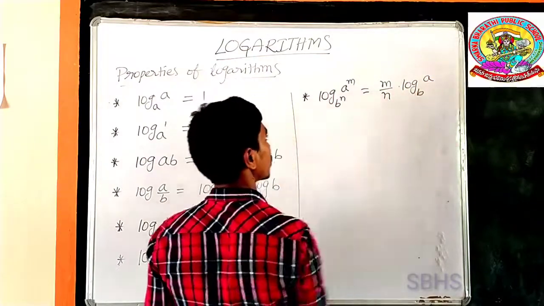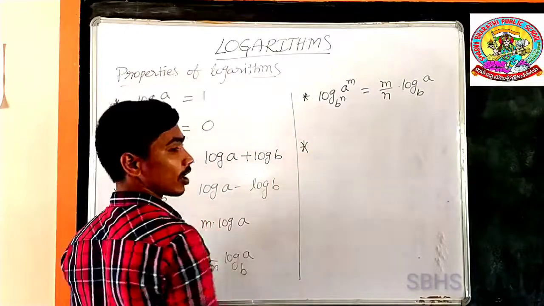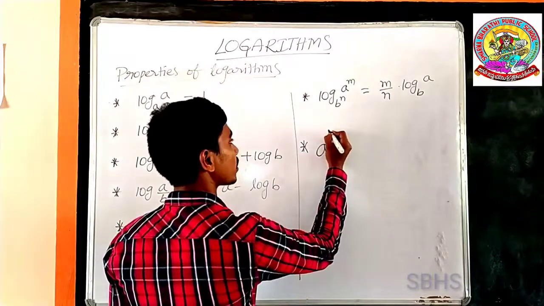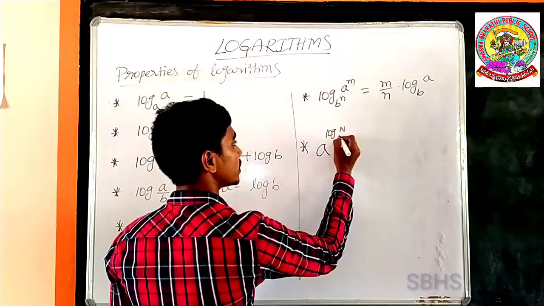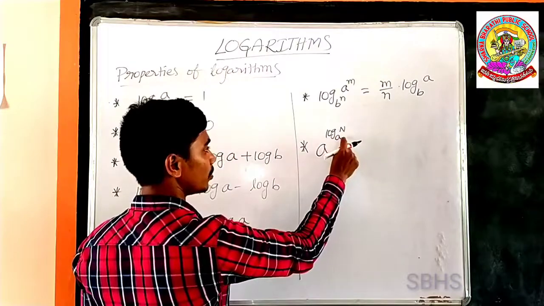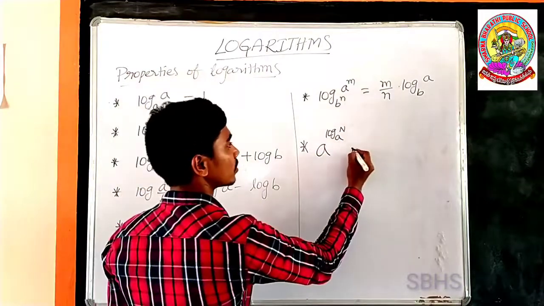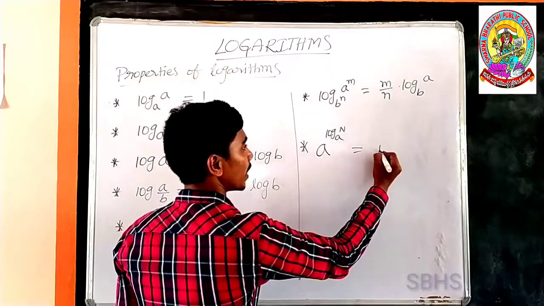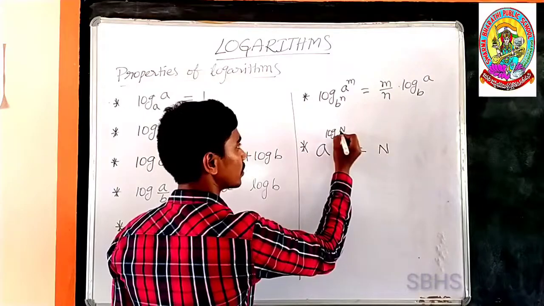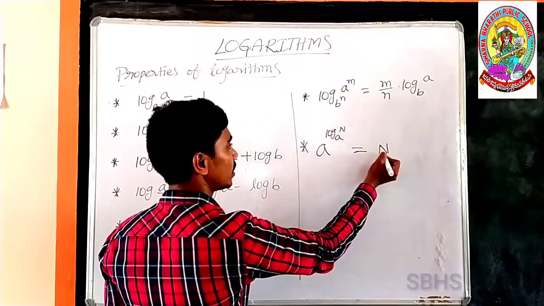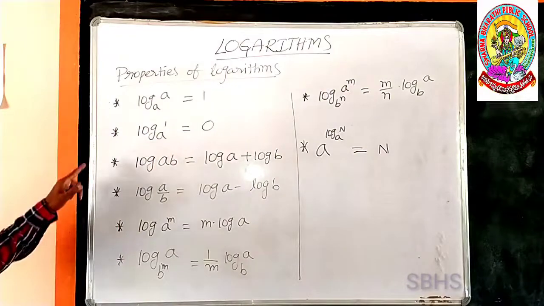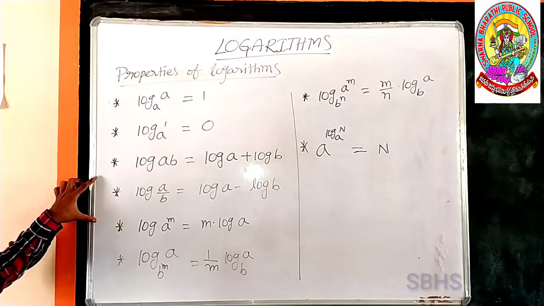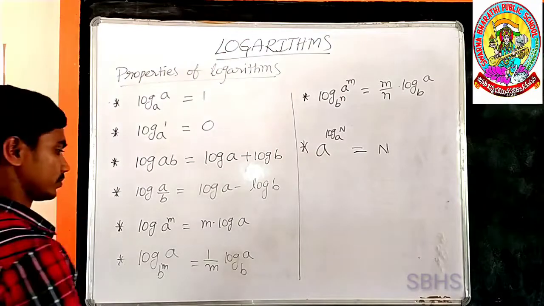And the last one is, if the logarithm is at the power of any number, for example a power log n to the base a, here the logarithm log n to the base a is under the power of a. So here a and the logarithm base are equal, the value is equal to the number itself. Here n is the answer. These are the important laws. You have to memorize them also. If you memorize these laws, you can easily do the exercise sums of 1.5.